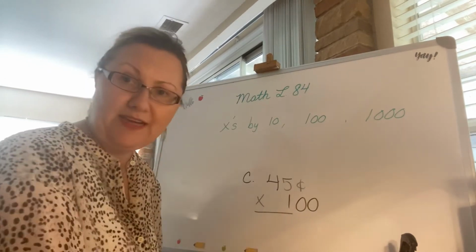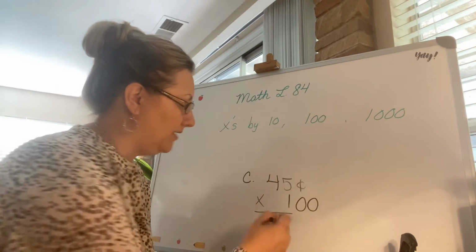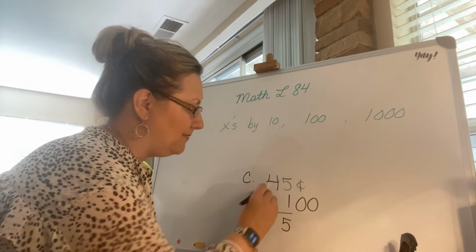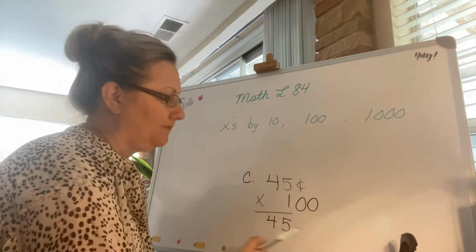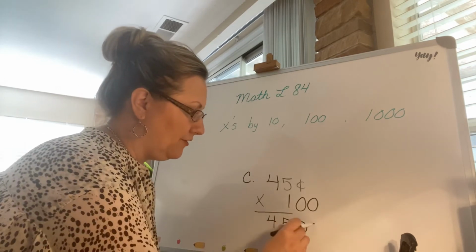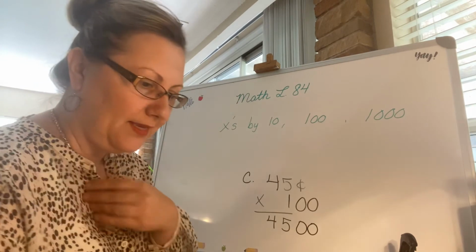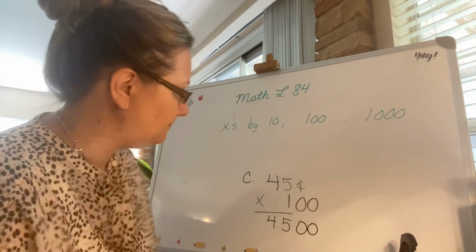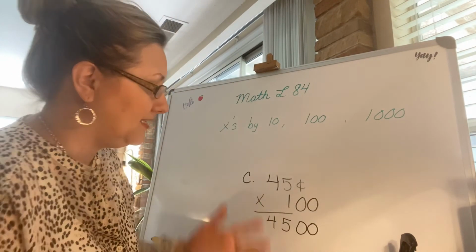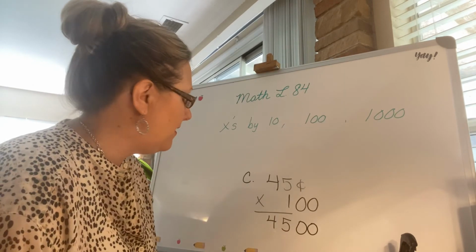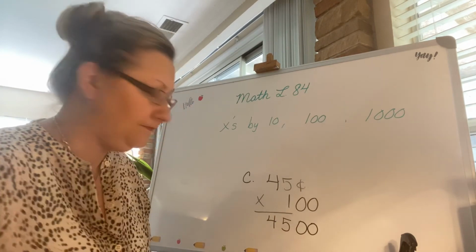What's 45 times 1? Well, 1 times 5 is 5, 1 times 4 is 4, right? Add your zeros. And let's see, 45 cents times 100. And here we have, excuse me,